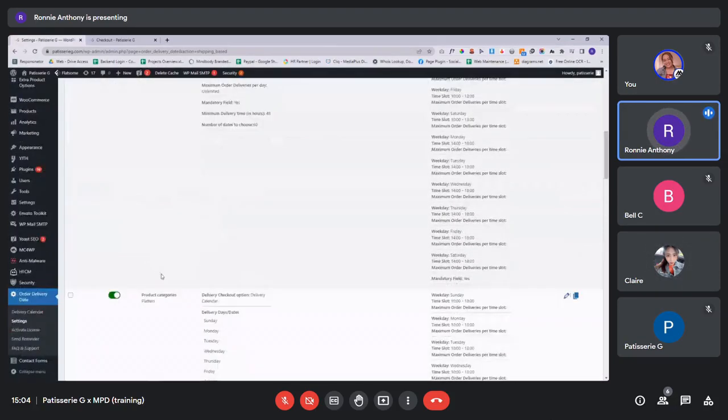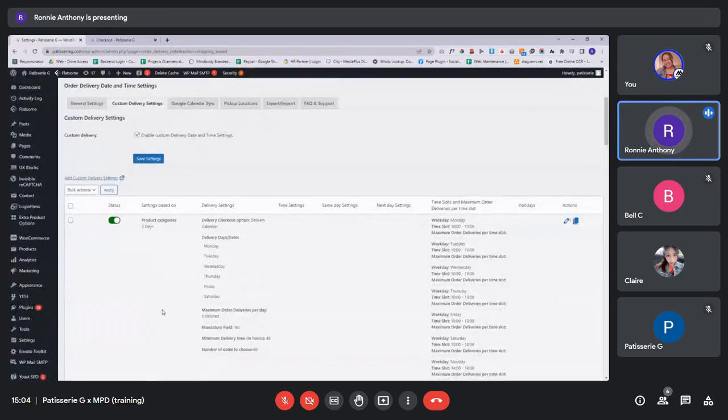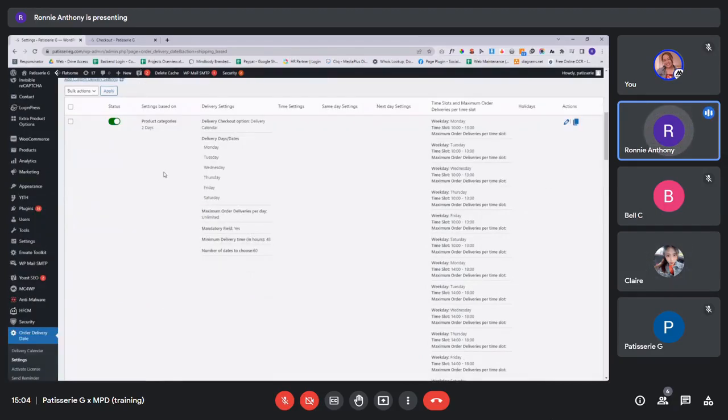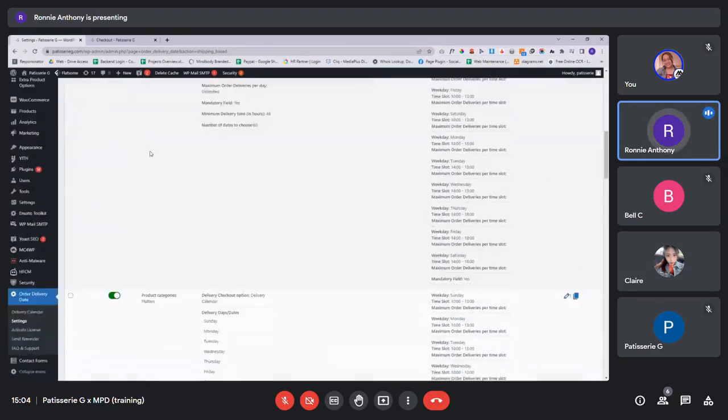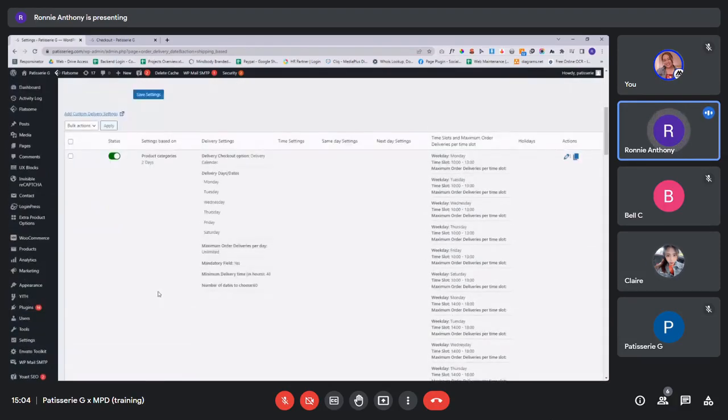So you have 2 days and platters. So let's say, for example, you want to have a new category because right now you have 2 days and platters. If you want to add in a new category as part of the setting, you can just click on